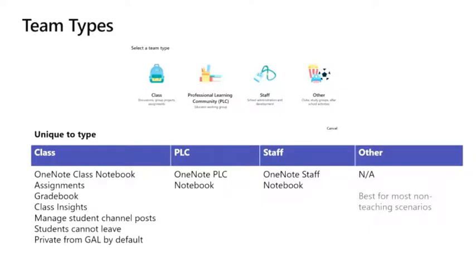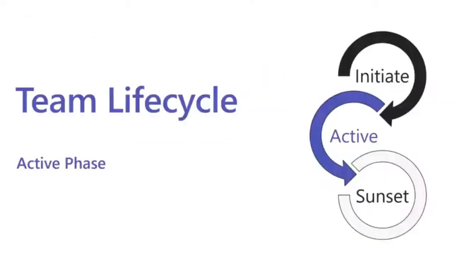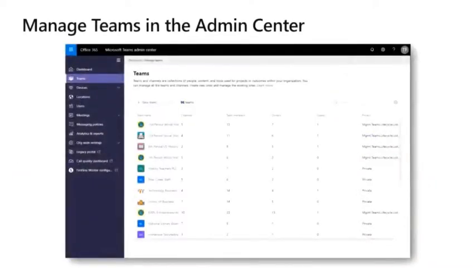Now, this is just an important part here when we think about those different team types. We've also then configured so we have things like naming policy to allow our users to be able to self-create teams, but again with appropriate names that conform to our naming policy. What about now during the active phase of the teams? So this is where you can see here, if I go over to the admin center, I can see all of the teams that are available inside of my environment. This is where I can go through and I can see by clicking on the Teams tab,